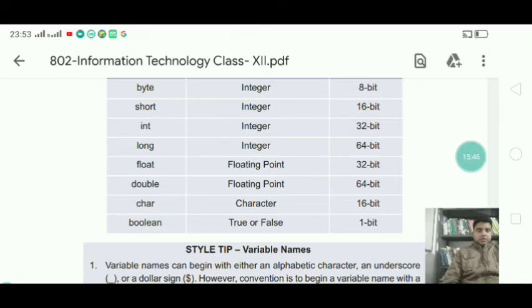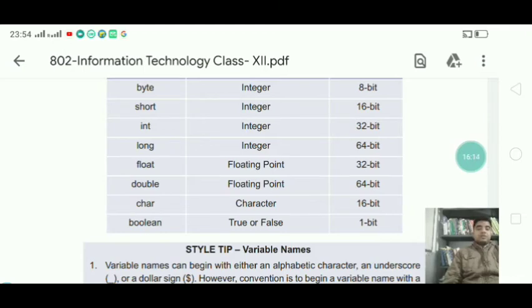One thing I forgot to mention, that character data type can also store ASCII values, American Standard Code for Information Interchange. So there are also different non-primitive data types.